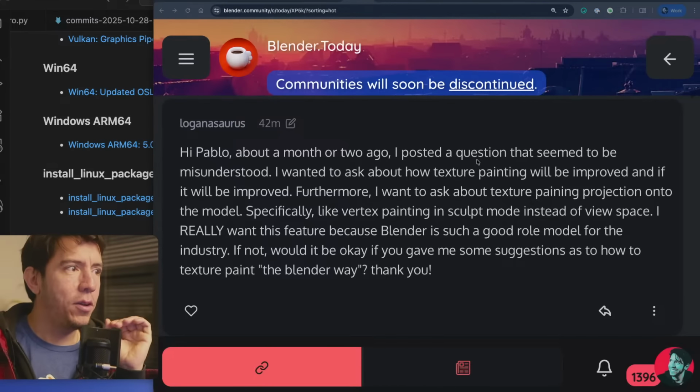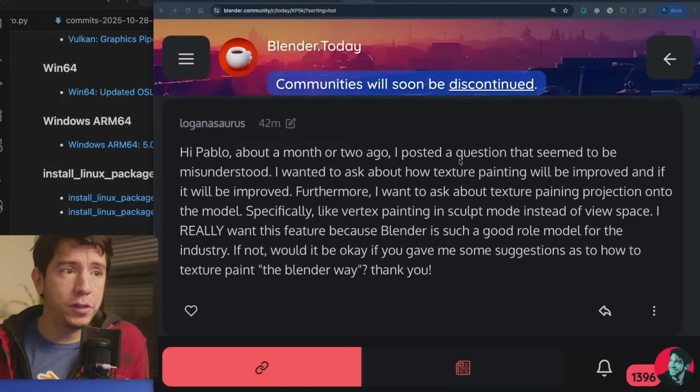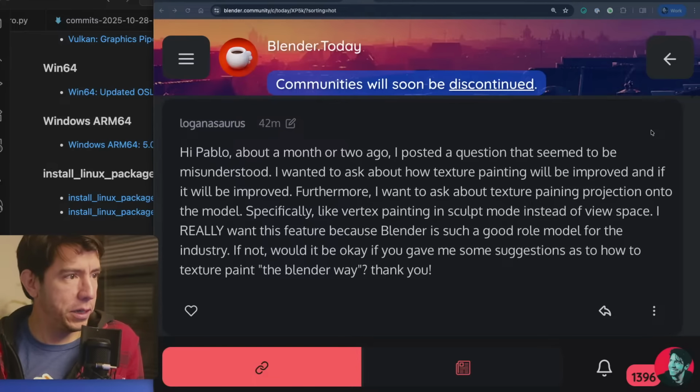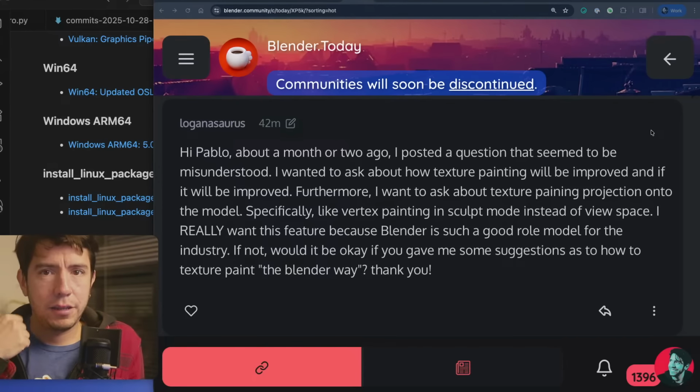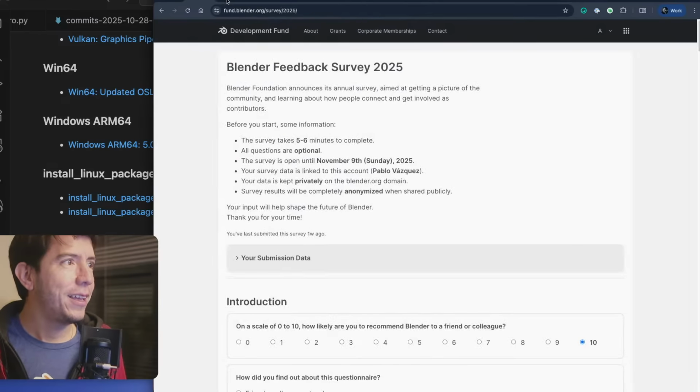There's only 6. So Loganosaurus says, hi Pablo, about a month or 2 ago, I posted a question that seemed to be misunderstood. Sorry. I wanted to ask you about how texture painting will be improved and if it will be improved. Yes, I can already ensure. I can already tell you yes. If you go to the